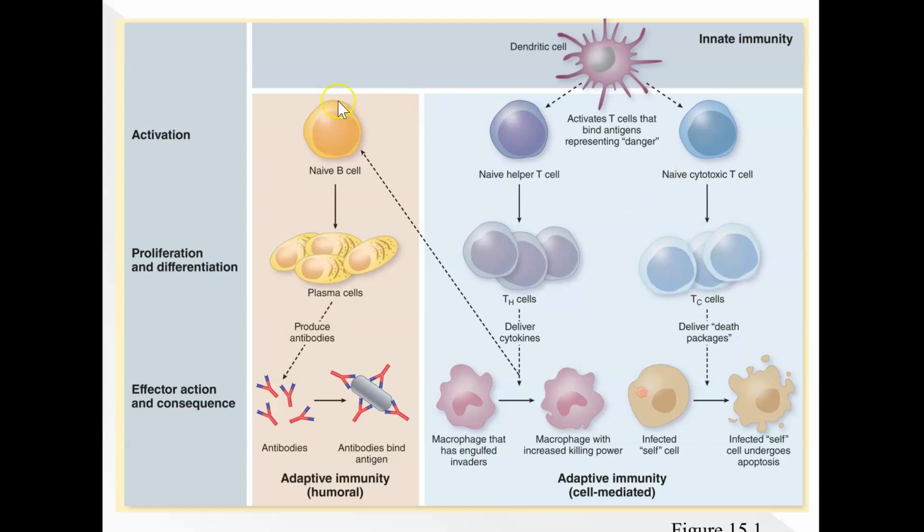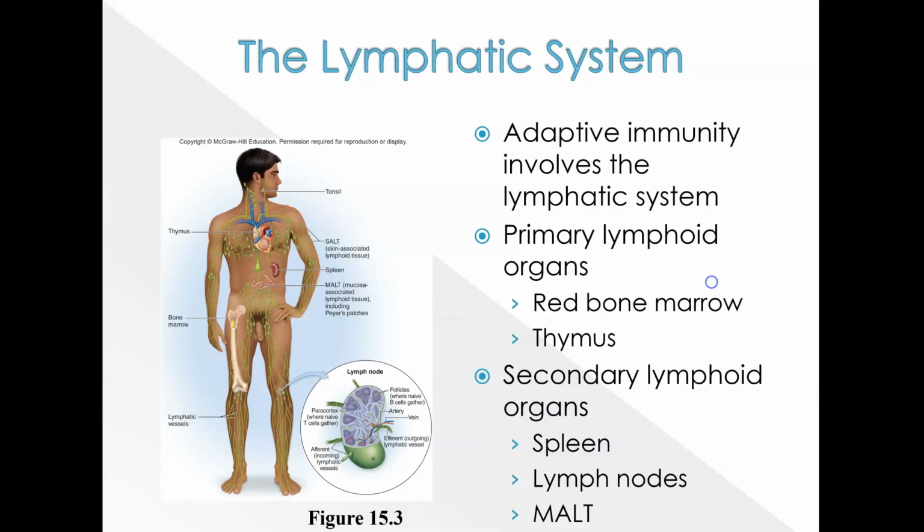Notice that they all have a naive stage where they're basically resting. All of us, hopefully, if we have no active infections right now, have no angry differentiated B cells or T cells right now. If we do, we might see some plasma cells in our system, or some active helper T cells or cytotoxic T cells. All right, so let's get into some of the structures that are involved in our adaptive immune system,